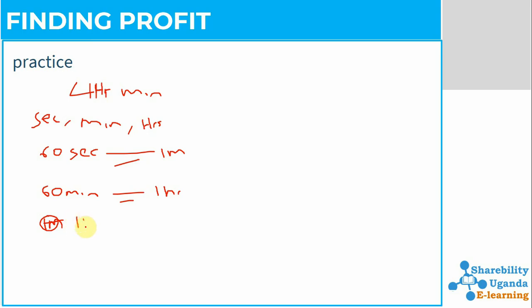1 hour is equal to 60 minutes. How about the 4 hours? So that means we shall have 4 hours,